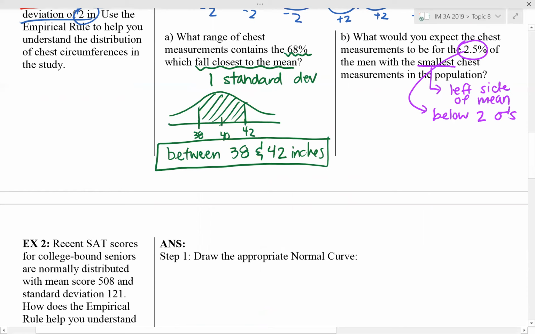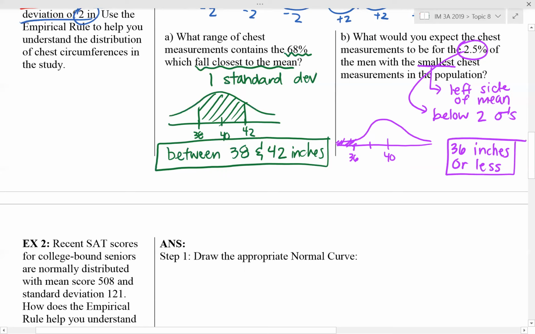So I'm just going to say below 2 sigmas. On the graph, if the mean of 40 is here, then we had 38, and 2 standard deviations was 36, so it would represent the rest of the graph after 36. So it would be 36 inches or less